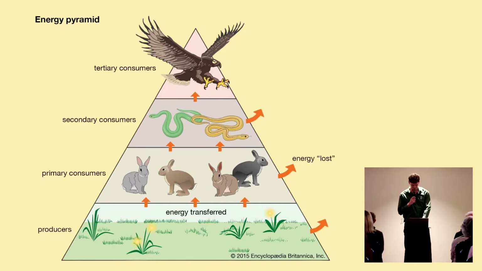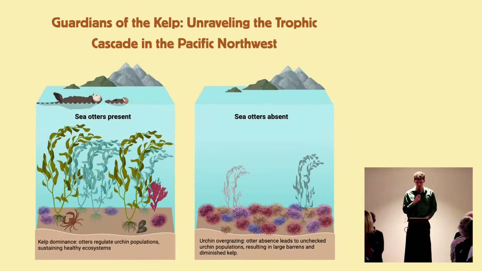So a classic example of this comes from the Pacific Northwest in the US, and it involves otters, sea urchins, and kelp. So when the otters are present, they eat the sea urchins, and the sea urchins eat the kelp. So by keeping the urchins under control, the otters allow those kelp forests to thrive and stay healthy. But when the otters are absent, the urchin numbers explode. They strip back all the kelp forest, and then they leave what they call urchin barrens. So you can see just by having that one key apex predator in the ecosystem, it can really shape how healthy it is and the way it looks.